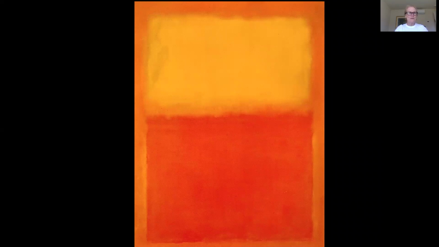Again, he was working with this idea of collective unconscious, and sometimes people said, what the heck, this is nothing. It's just two squares floating around. I mean, this is nothing. My kid could do this. I could do this. And people said that about all of these painters, but they had really, really high ideals,